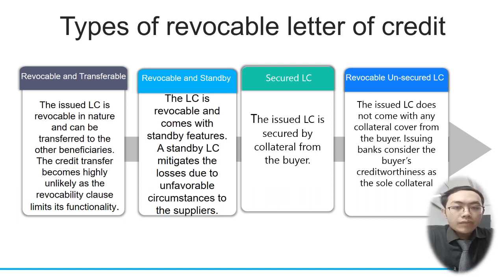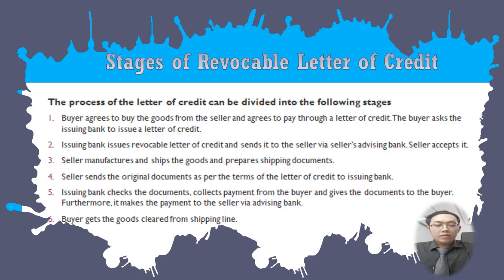And the third type is the secured LC, where the issued LC is secured by collateral from the buyer. Lastly is the revocable unsecured LC. The issued LC does not come with any collateral cover from the buyer. The issuing bank considers the buyer's creditworthiness. There are 6 stages of revocable letter of credit, of which the first stage is the buyer agrees to buy